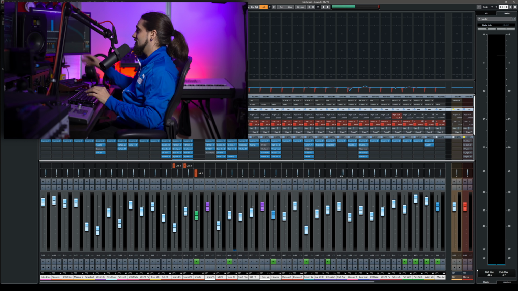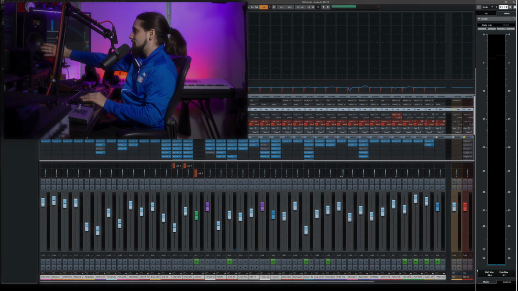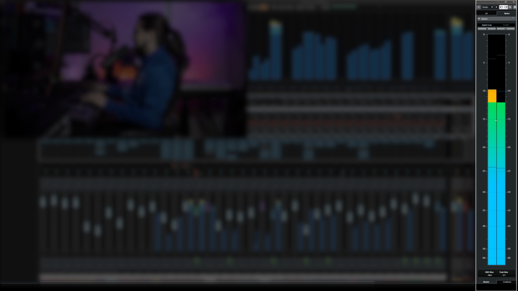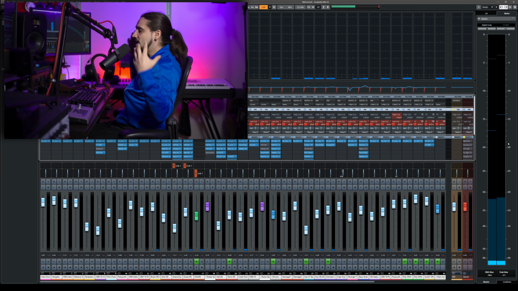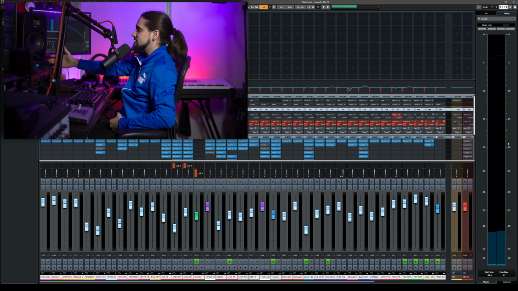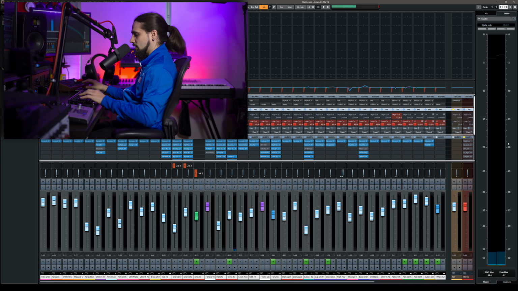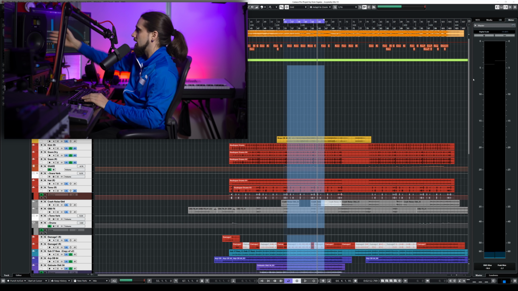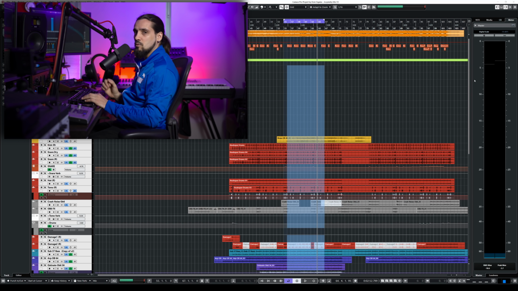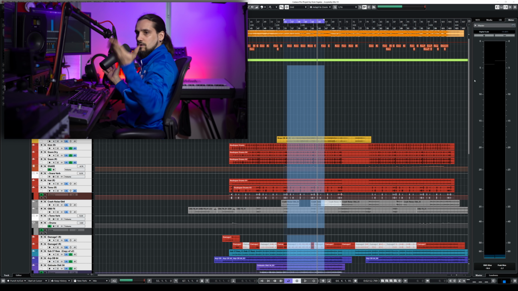The other thing that we have is the big meter right in front of the screen. So this one right here, see? Again, when you're mixing, when you're producing, I always have this on so I can see exactly what's going on. And if I don't have it here, I have it on my project. Always there, so I can see if I'm going over, you know.